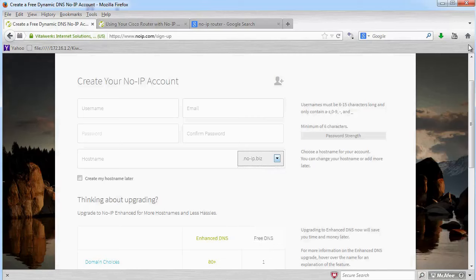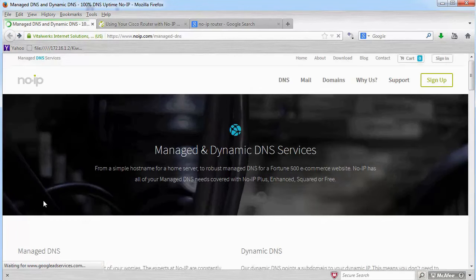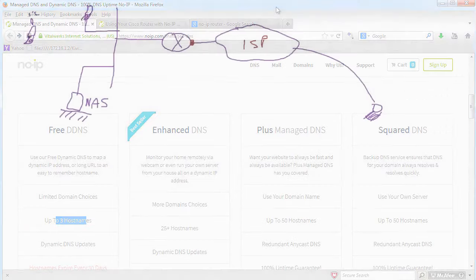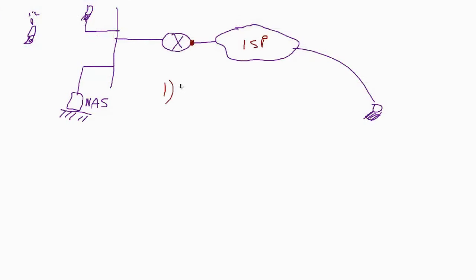Create an account here. That's the first step. You go for your host name in a free version, I think you can have up to 3 host names. Let me just check. Yeah, 3 host names, which is more than enough. You go and you register. Okay. The second step, of course, they will ask you, can you confirm your email address and so on. And then what you have to do, you have to set up one of your network devices to update